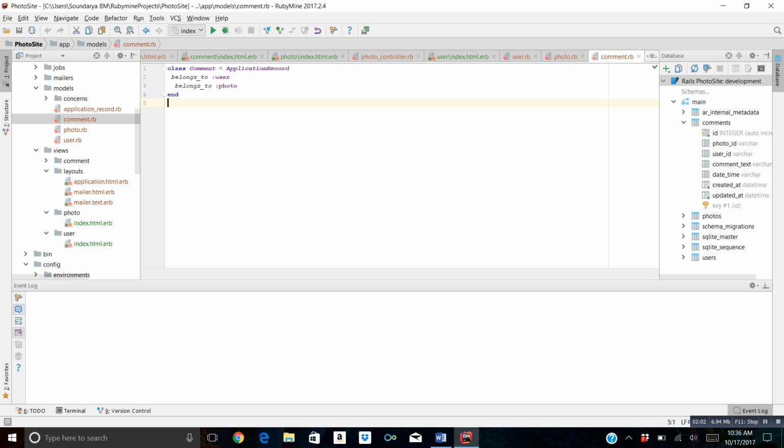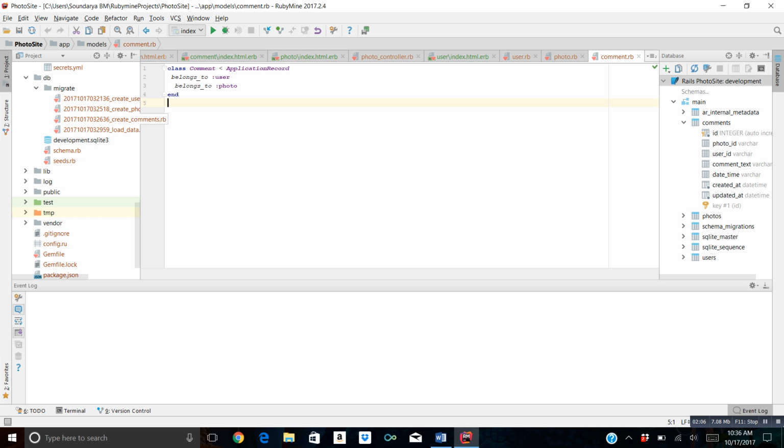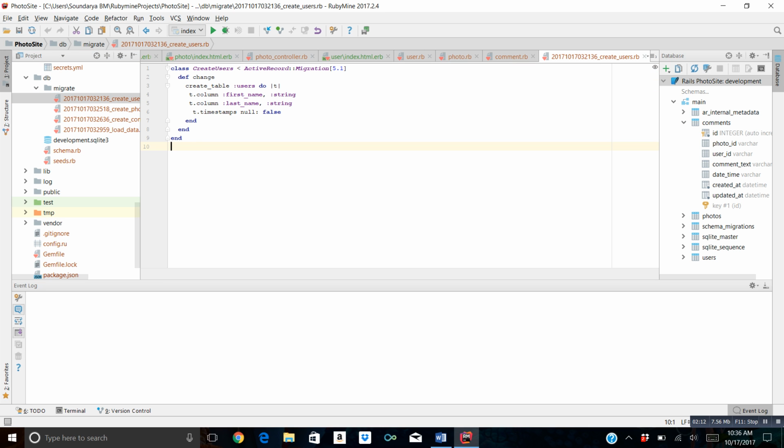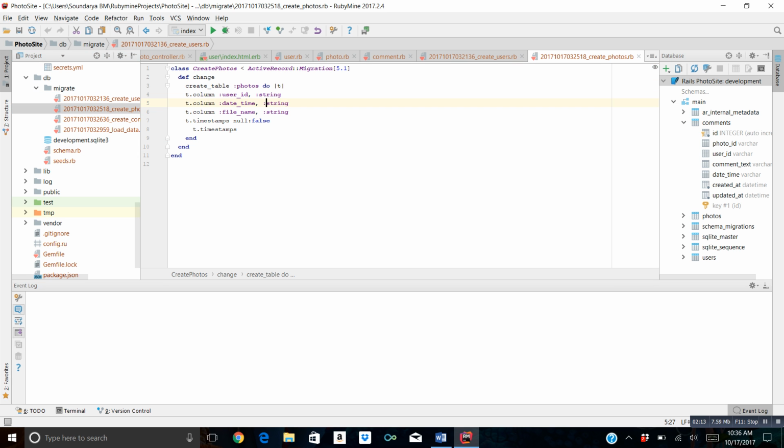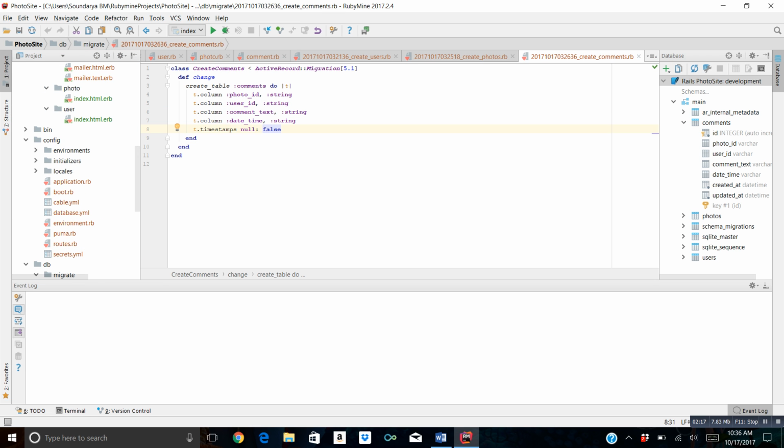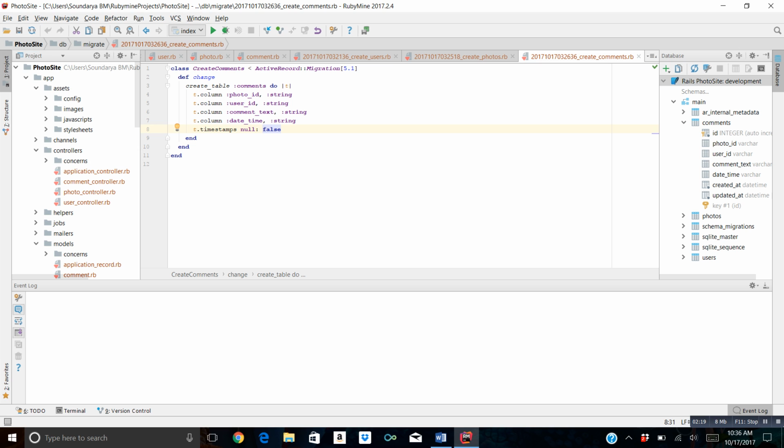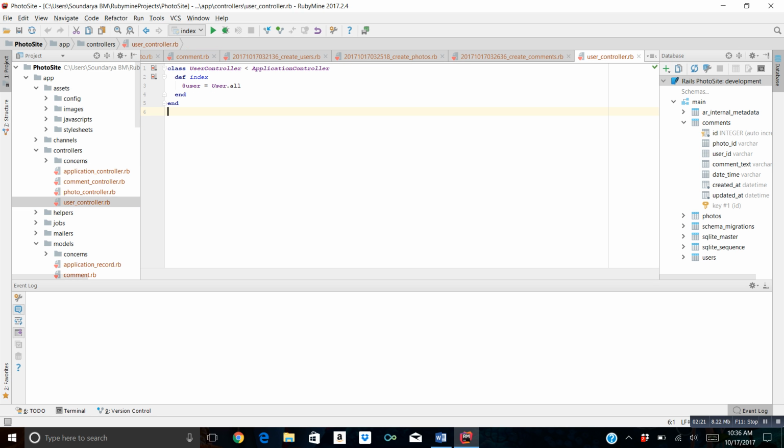When they are created, along with the models, the migration files are also created automatically. They are create photos and create comments. So we'll look at these models and the migration files one by one. The model classes generally have the associations in them. So here, for the user model, I have